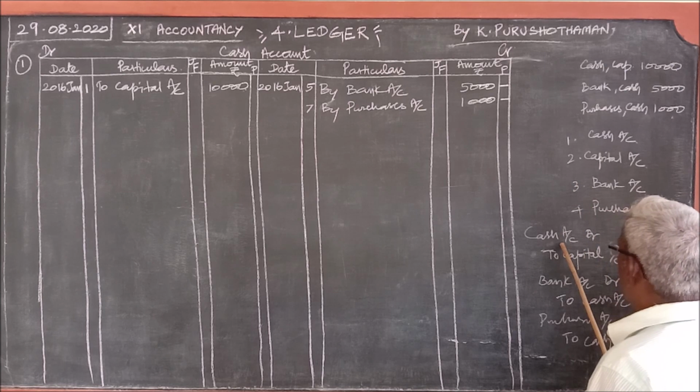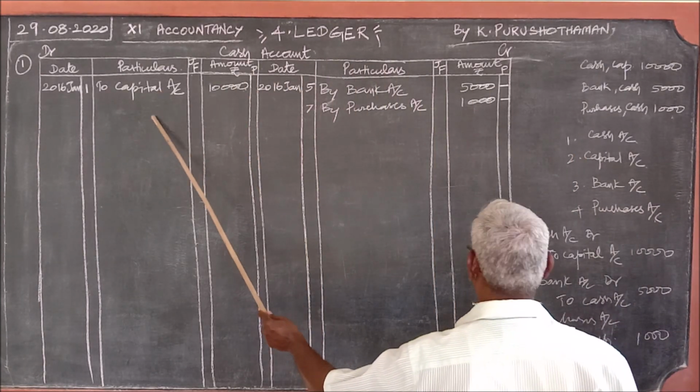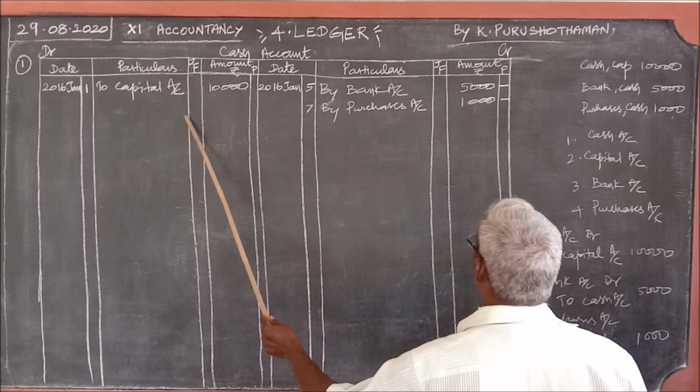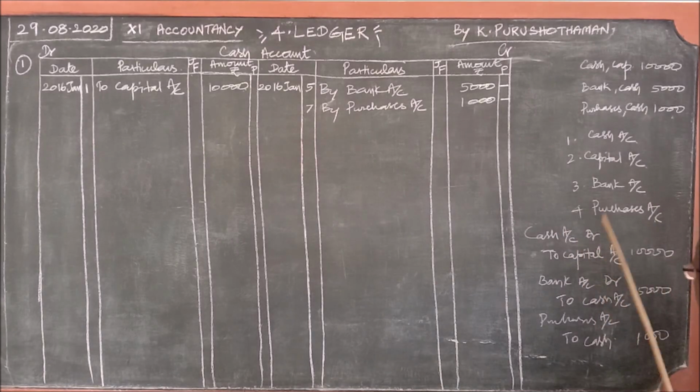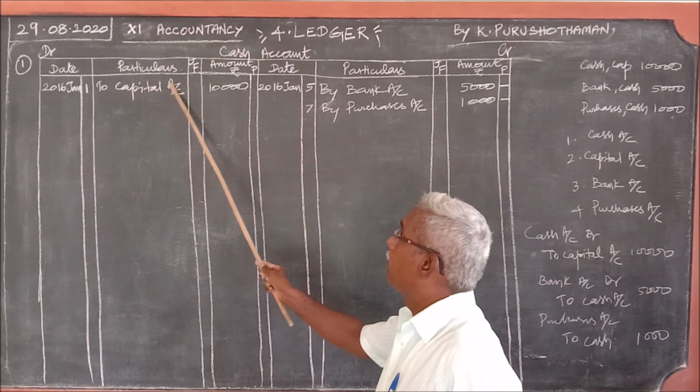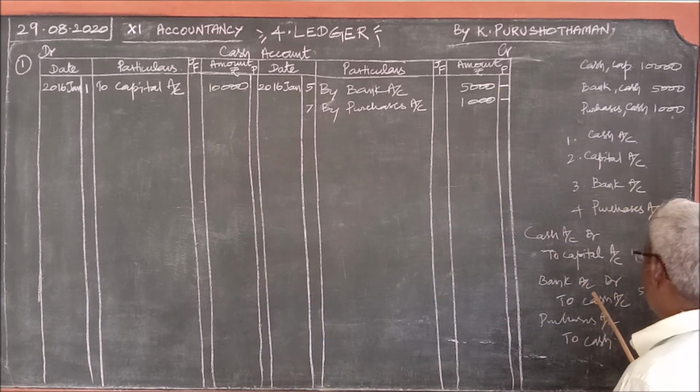Therefore, the cash account appears on the debit side. Therefore, the entry must be on the debit side of the ledger only, but not the cash account. What account is coming along with this cash? Capital is coming along with this cash. Therefore, we should write the capital account. Then go to the next journal entry.